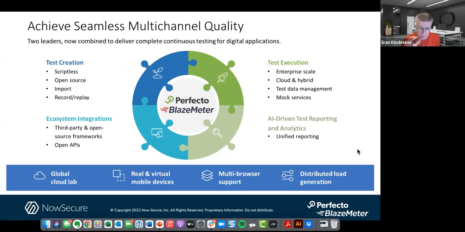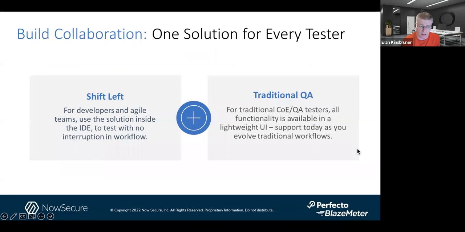Moving to the next slide, it dovetails pretty nicely to what we're going to talk about today, and it's all about continuous testing and shift left. We believe with Perfecto and BlazeMeter that to do shift left, you need continuous testing, you need a high degree of test automation of the right test cases, functional, security, performance, accessibility, everything. And we are trying to bring everyone together, all practitioners at all skill levels, to create, execute, and analyze all of these testing types.